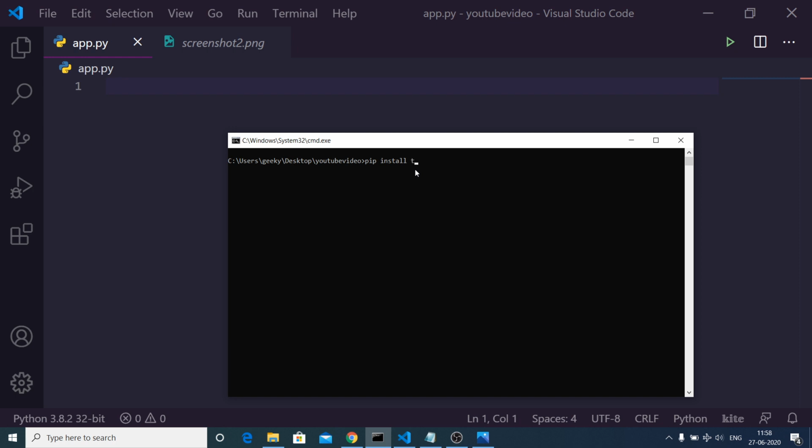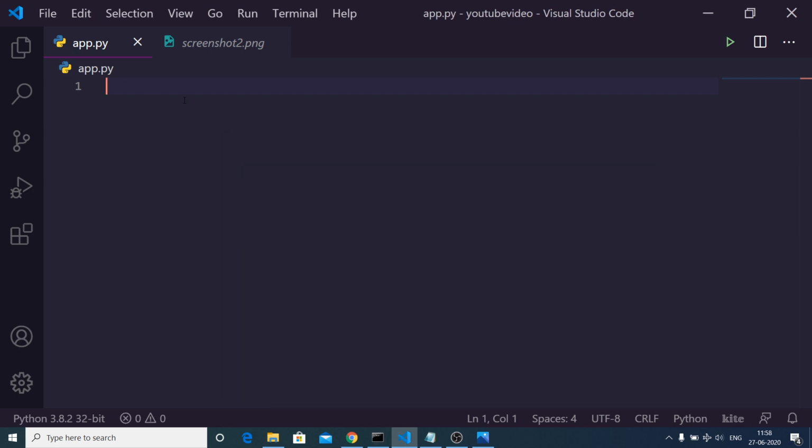First install Tkinter with pip install tkinter, and the second dependency is PyAutoGUI. Basically this is a library which interacts with keyboard and mouse activities. If you want to perform activities using mouse and keyboard, this library is very useful.